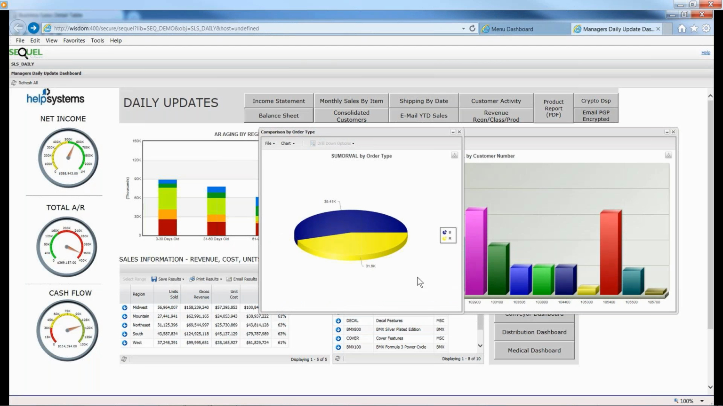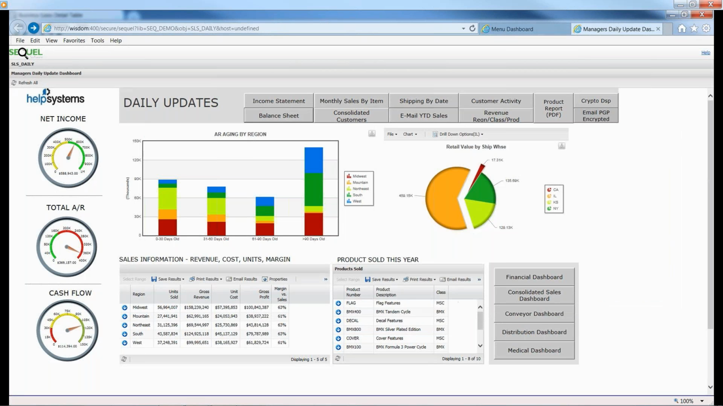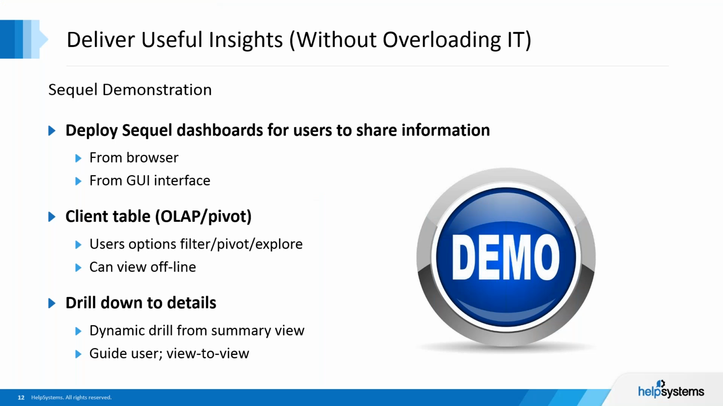What are their order types? And we have some B's and some R's, which, back order, regular, or however your system has your data. So there's a lot that you can do as a user with those types of drill downs. So we've talked about